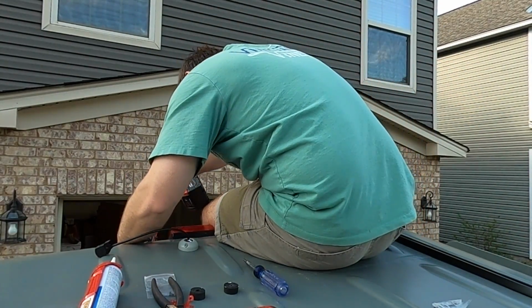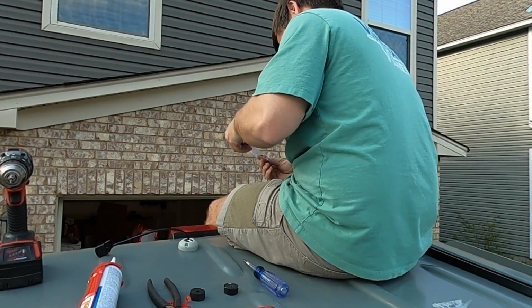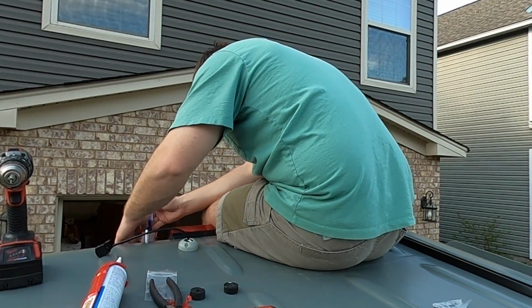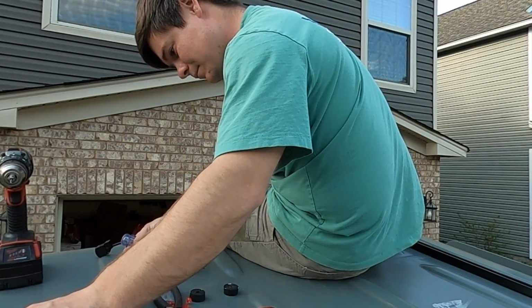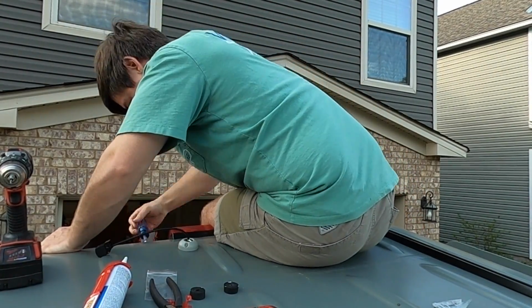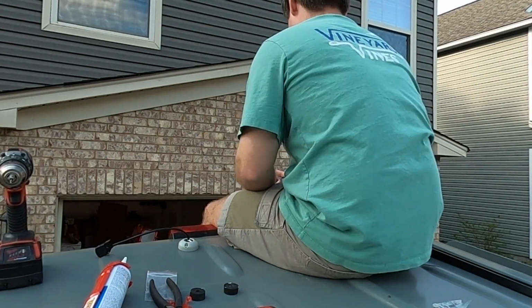One step that we actually skipped in the video is we verified that the camera worked before I drilled any holes in the roof, because I didn't want the van to be sitting there with a 3/4 inch hole in the roof, or either have to put the fitting in and then take it back apart if the camera didn't work. So hooked everything up, made sure that we were getting a signal to the head unit, and fortunately we were,